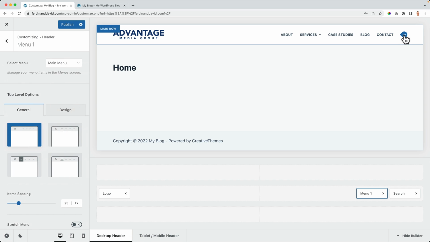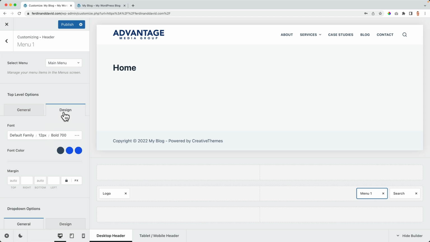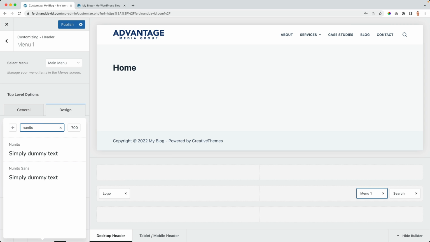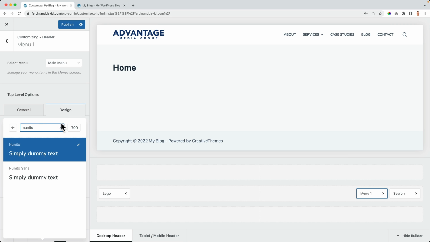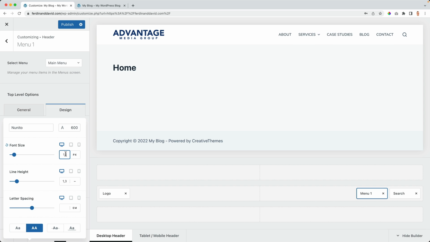So I go to this menu, then I go to design. So here we can change a few settings, and then at design, we can change the colors and other stuff. So I click over here on default family, and I want to change this to Nunito. I just like that font. I can make it a little bit less bold, like that. And then over here, I can do other things. I can make it bigger. I can change the line height. Well, for now, it doesn't matter because we only have one line. I can change the letter spacing, bring it back. I can bring it back to normal cases or upper cases, underline it,